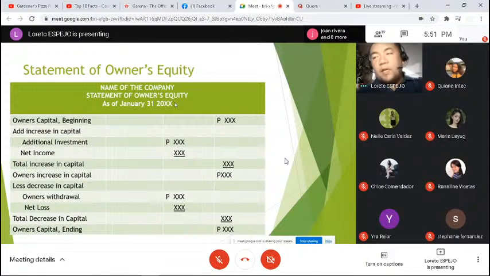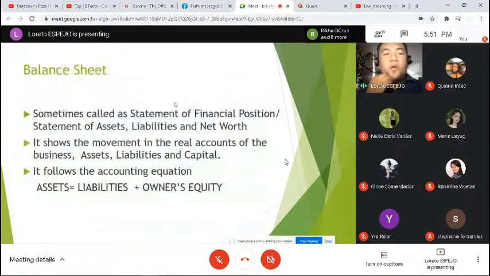As of now, hindi muna siya yung necessity na kailangan natin agad gawin since ang purpose lang naman niya, pinapakita lang po niya yung outflow ng cash. But in general, you want to get the ending balance of cash, then you can look at your general ledger for cash. Okay? So after doing the statement of owner's equity, you are going to proceed with the